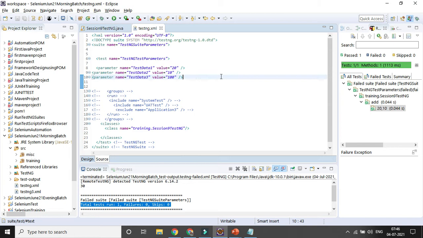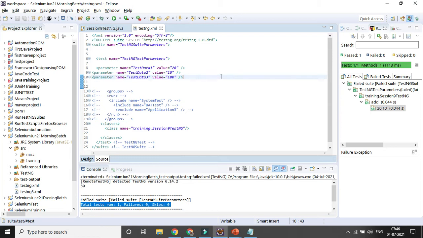In your real-time project, you will definitely not be varying everything; you are only varying something. That is what is called parameterization. There is still some problem with the parameter, and that is the reason we use a data provider. Here we can use it more accurately. We can call the data from external sources, and external sources we can easily manipulate.